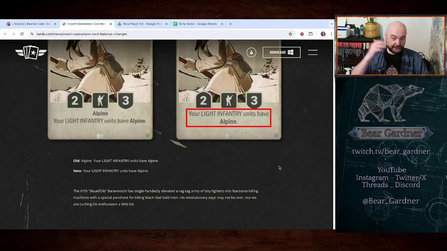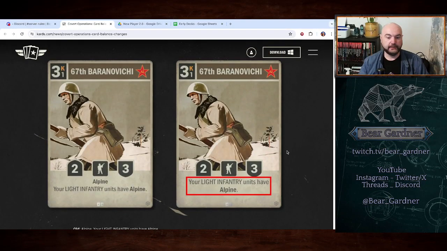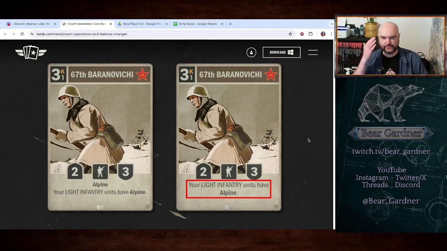Okay, so first of all, yeah, kudos to whoever did the copy. It's a good copy, and this doesn't need a lot of explanatory text, because if you have played the game, or watched some of the commentary on the game, you will understand why Baranovichi is so polarising. But this is going to be a bit of a history lesson, because this is more complicated than what you're seeing on the screen. The 67th Baranovichi launched, or was around, with the text as shown on the base card,